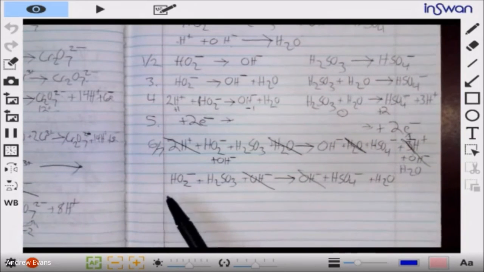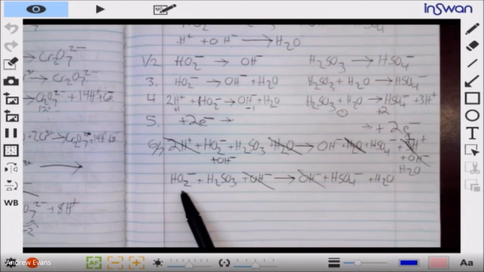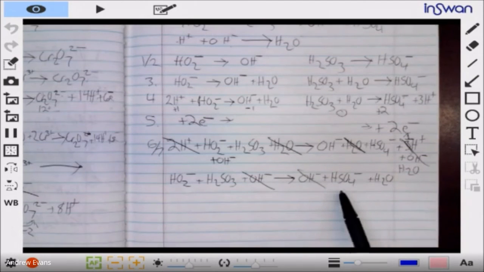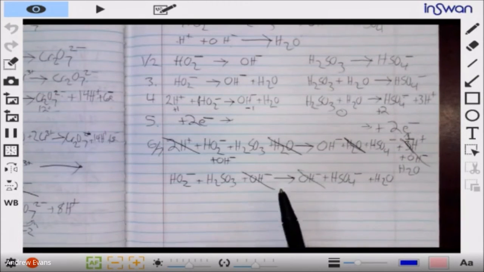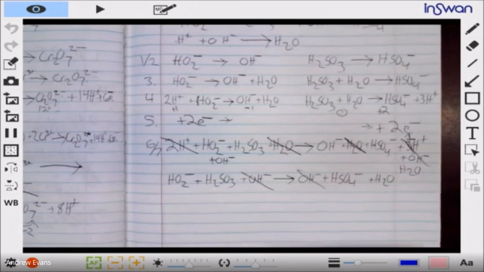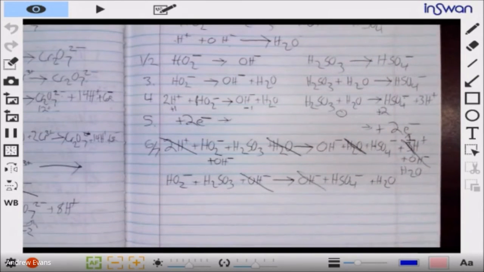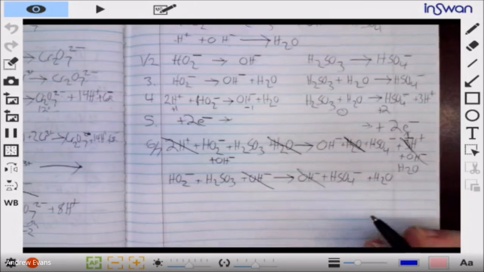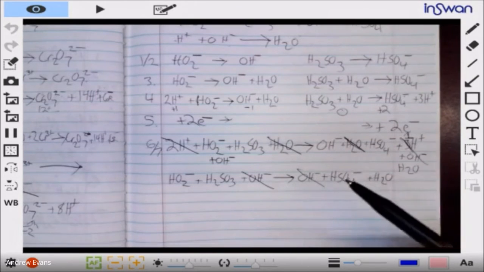So our overall equation is HO2 1 minus and sulfurous acid goes to HSO4 1 minus and water. Now, this one didn't really matter whether it's going to be in acidic or basic conditions, because you would still have the net overall effect. But sometimes